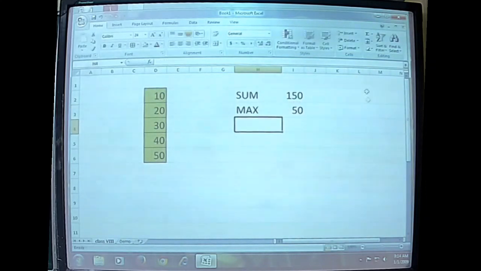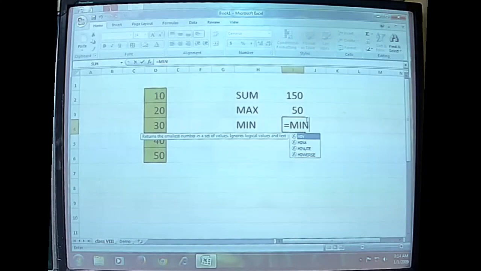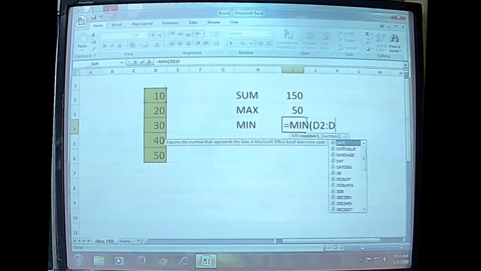So definitely the maximum value is going to be 50 here. Then there is a min function in the same way. The min function can also be created in the same way by providing the cell values D2 colon D6.